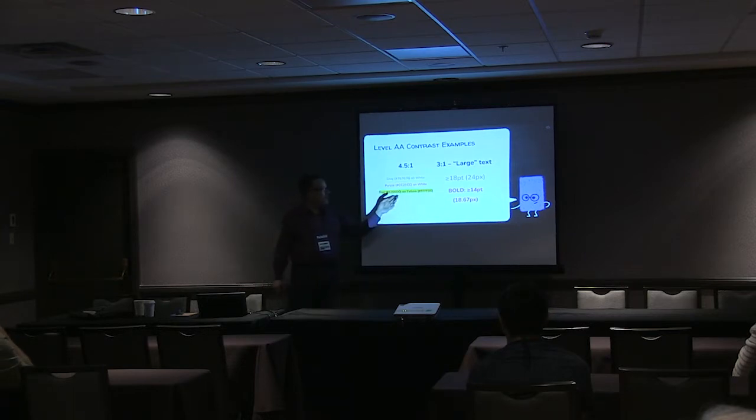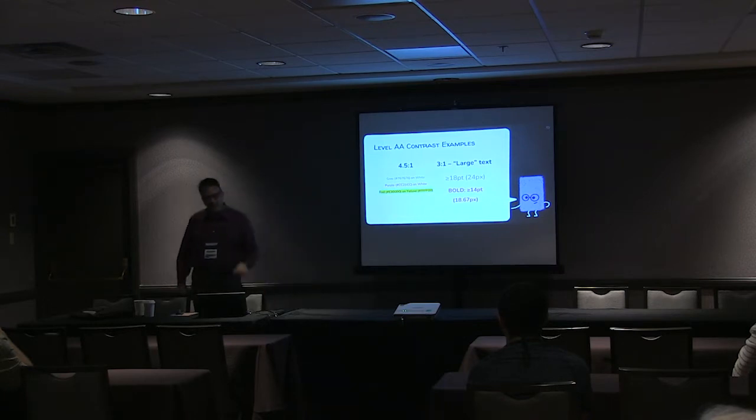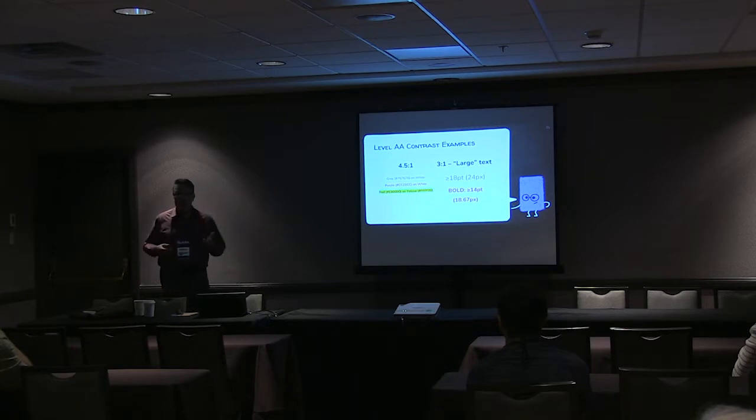Red on yellow, it's a little dark red, it's not pure red, that's 4.5 to 1. A little bit of trivia for you: the lightest shade of gray that's conformant on a white background is hex 767676. A lot of times we'll see hex 777 and it's just that much out of conformance. But again, those are just places to start. So that's something that you can check.